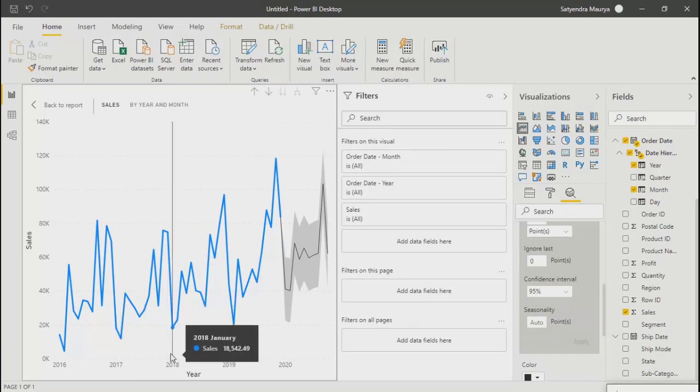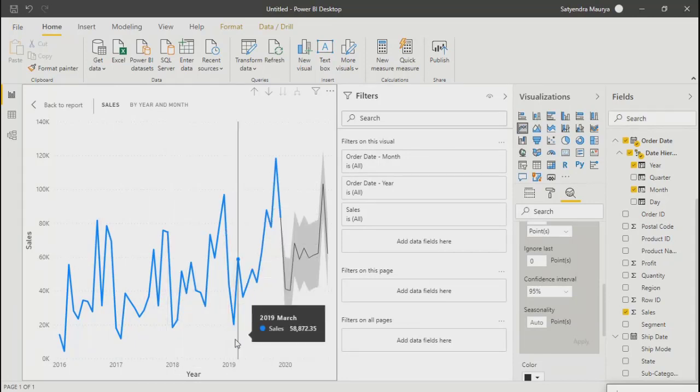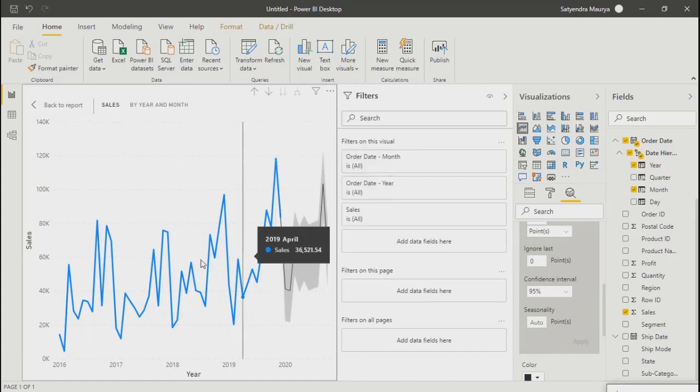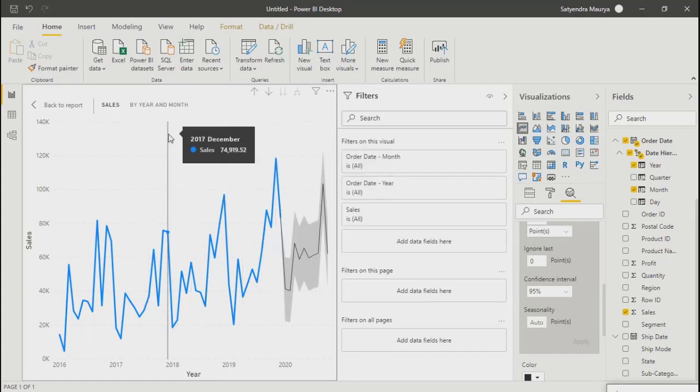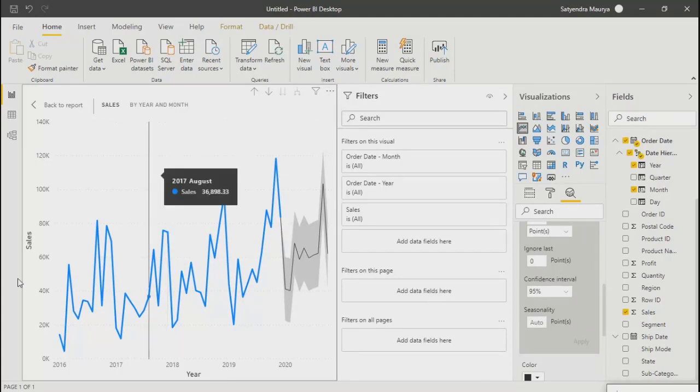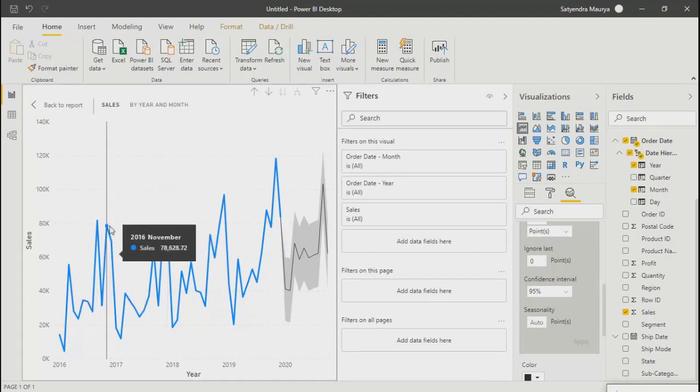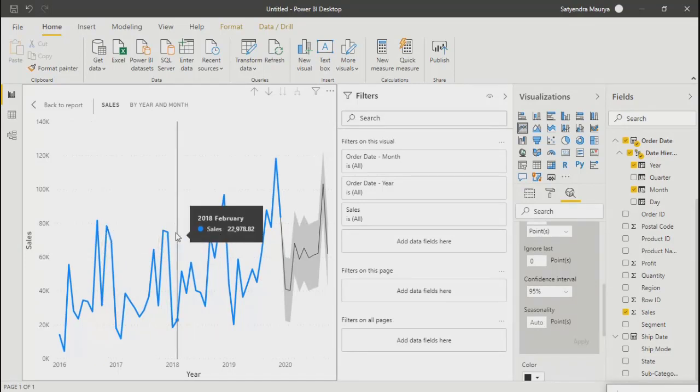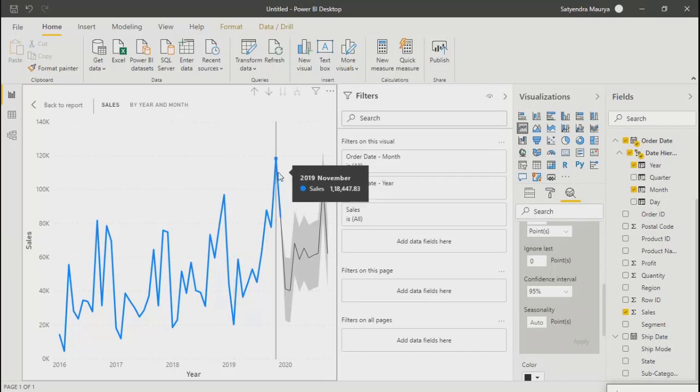If you go towards 18 and 19, then there is a hike and then it goes down. So this is the same pattern it is following every year. Maybe in the last quarter you see high sales because it is before the Christmas season, the holiday season in the US. And that's why there is high sales in that particular quarter every year.